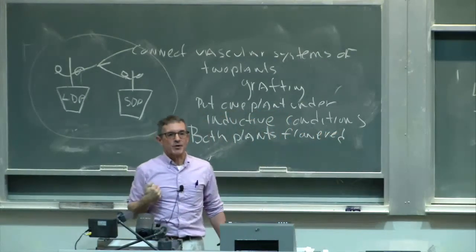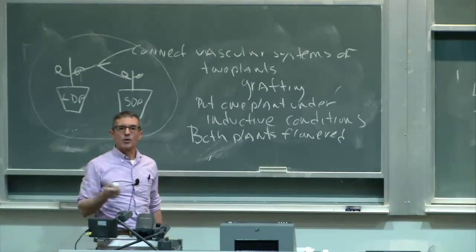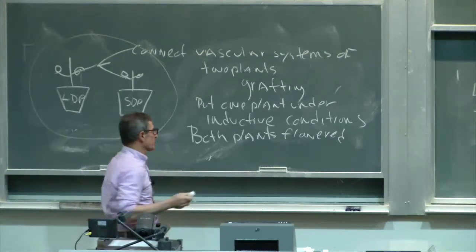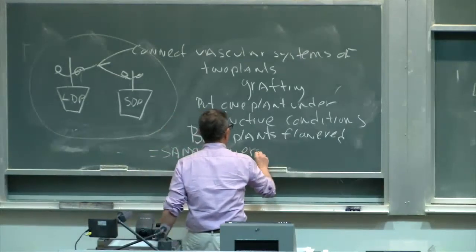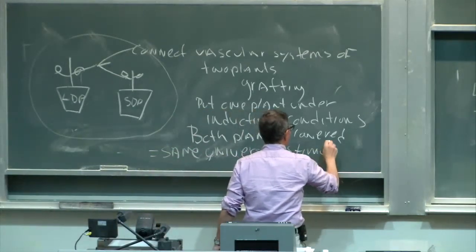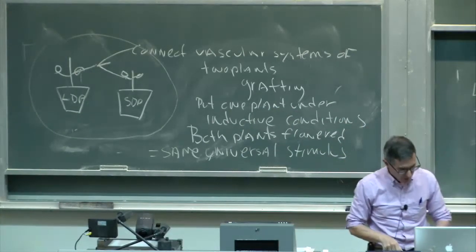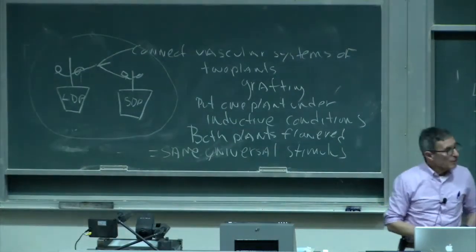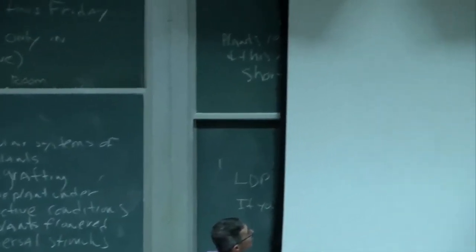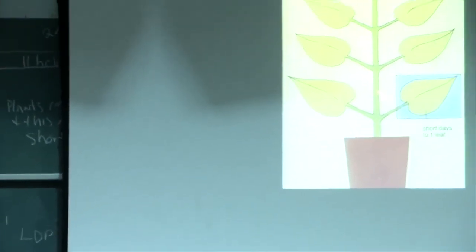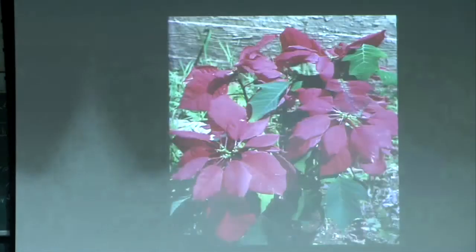This suggested to people then that the stimulus which was causing flowering was the same in both long day plants and short day plants. Let's look now at a few pictures to illustrate some of these points. First one is a picture of a plant which we have now, in this particular case, enclosed only one leaf. This is a short day plant, and it's put under long days, and we enclose only one leaf under short day conditions, and the plant will go on and flower.